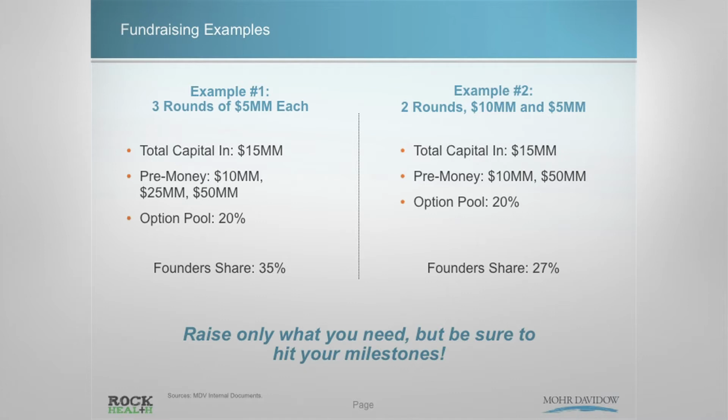So we've given you two examples. We thought we'd give you these examples because what you have to do anytime you fundraise is think about how much money you need now for a set of milestones, but also try and think about how much money you're going to need in the future. I know it's really hard to predict the future, and the venture capitalists and funders you're going to talk to are going to be most interested in the detailed milestones for now for this set of money. But from your perspective, and also from their perspective, you should be saying, over the whole life cycle of this company, I think I need $15 million, or maybe you need $20 million, which enables you to work backwards to try and get to, is this the right amount of money now?